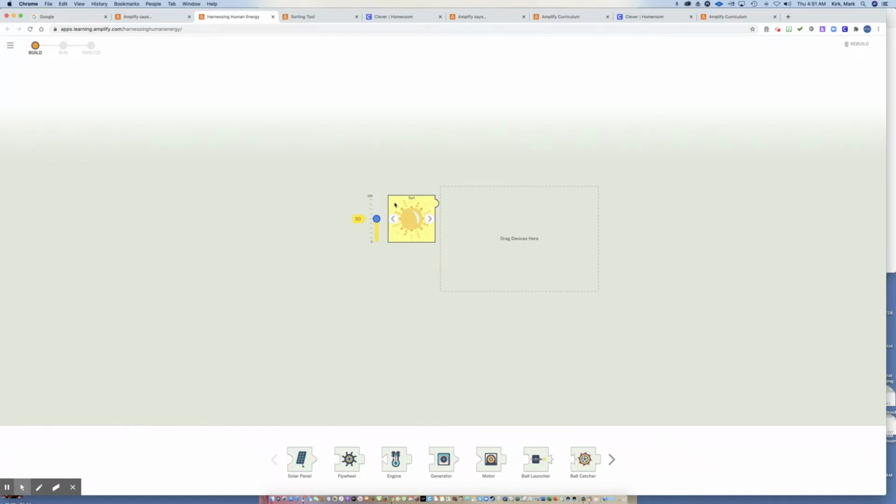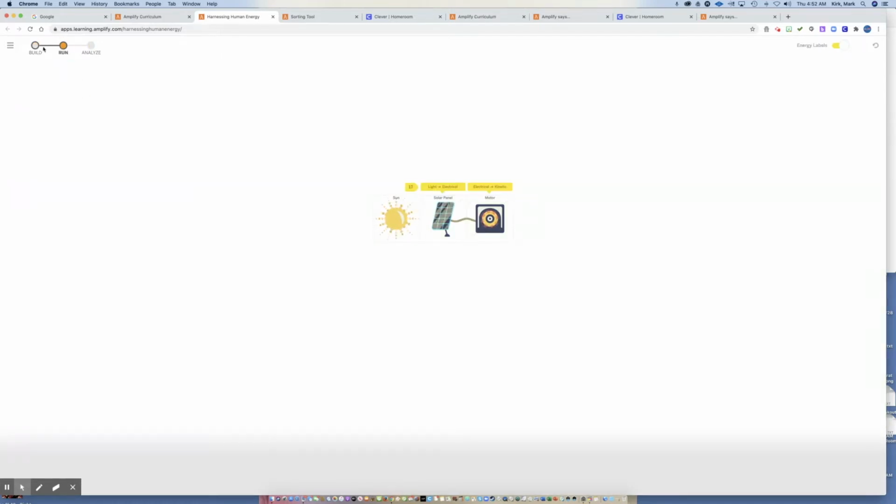So this for solar has this rounded connector. We wouldn't want to grab the engine and try to connect it there because that's not going to fit, right? But a solar panel is going to fit. Sun affects solar panel, right? And now you can see that we've got kind of this triangular shape where a solar panel might move a motor, right? And the goal here is to run an activity where we've daisy chained these up where we can